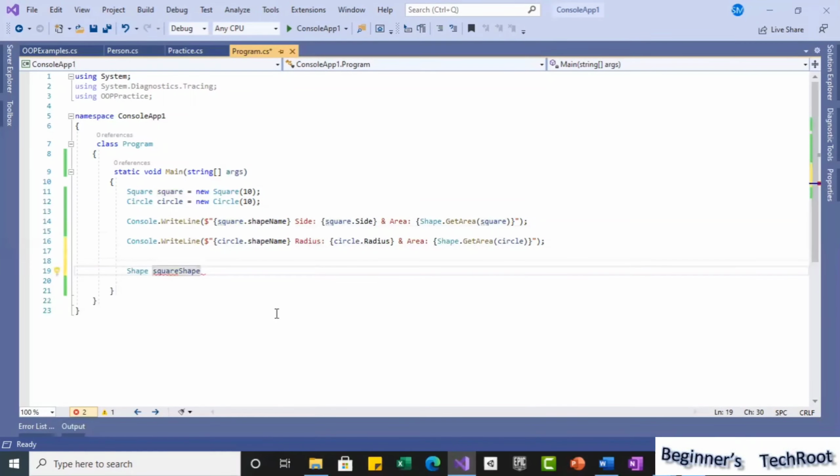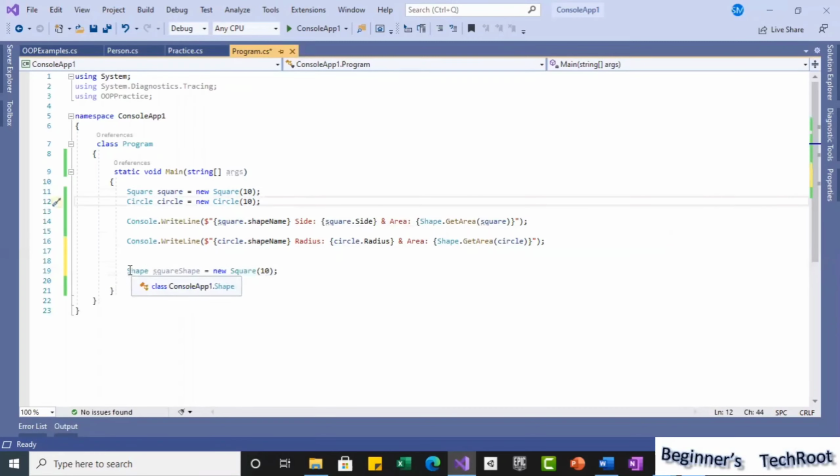So square we use as a shape type, but while assigning, we assign the derived type. While creating the object itself, we can create for a base type a derived type object.